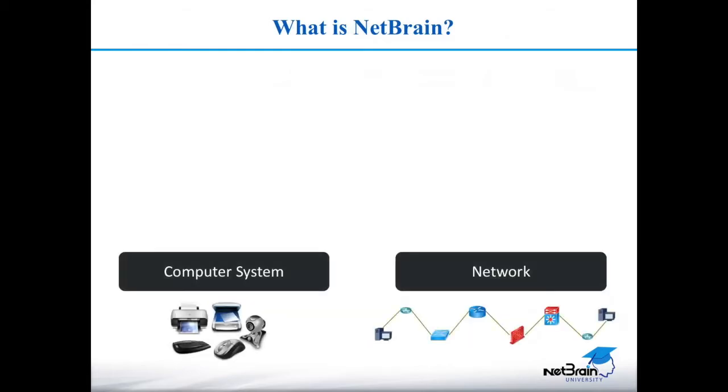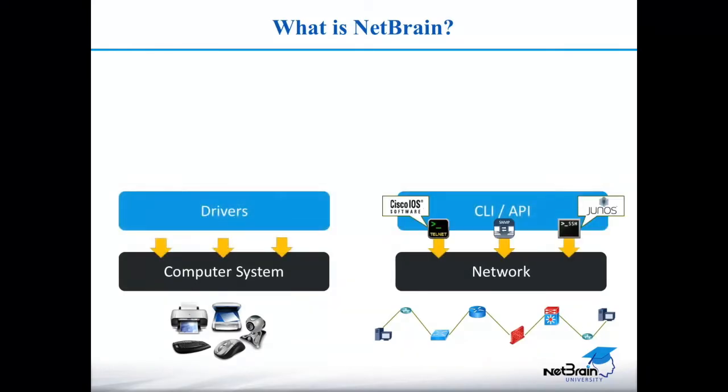The easiest way to understand what NetBrain is will be to draw a comparison to a computer operating system. Each computer system has peripherals like a mouse, keyboard, monitor, webcam, etc., which, much like a network, is built from a set of components such as routers, switches, and load balancers. In the case of a computer system, vendors write drivers that enable input and output to and from the devices. In the case of the network, vendors provide CLI and API to the devices to push and pull information from